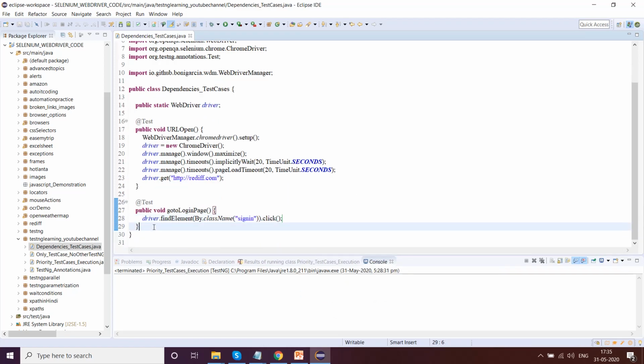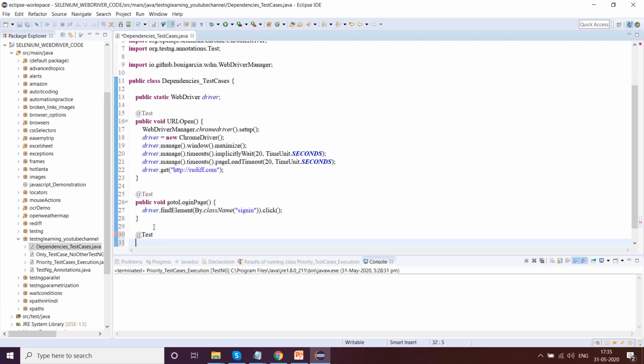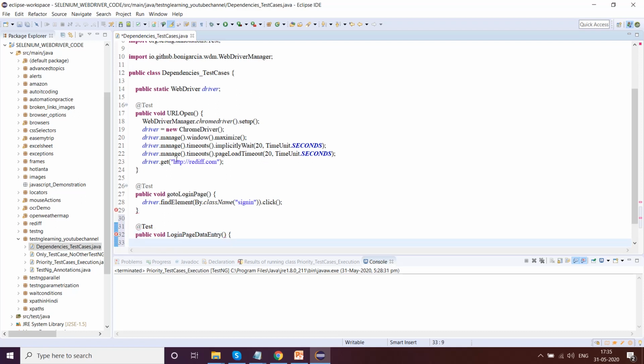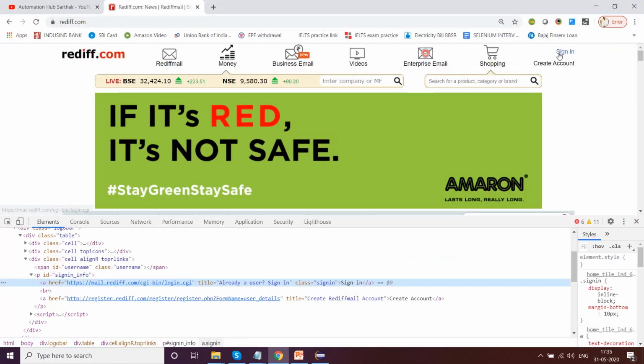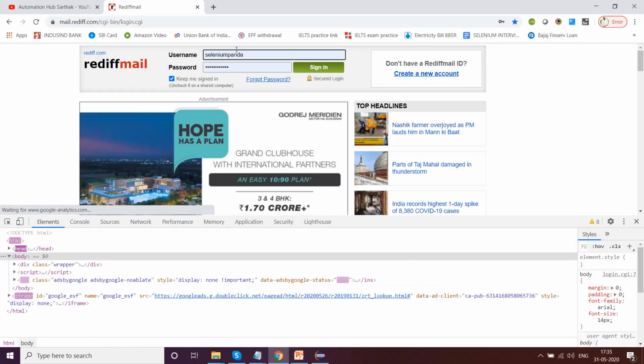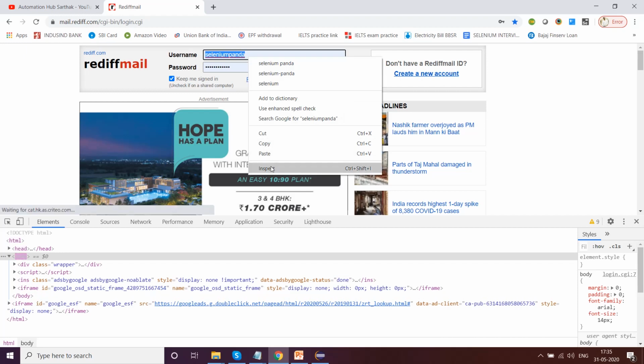We have come here. Now I'll just write @Test public void login page data entry. Okay, something like this. So what I'll do, I'll enter the username and password and all those things. I'll click on sign in. It'll go inside here. I'll inspect this.